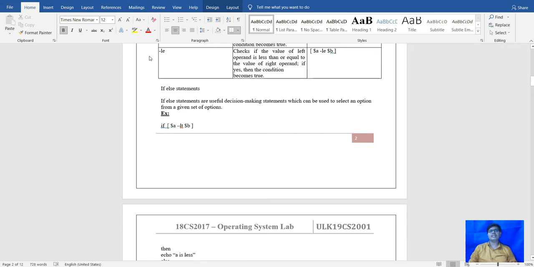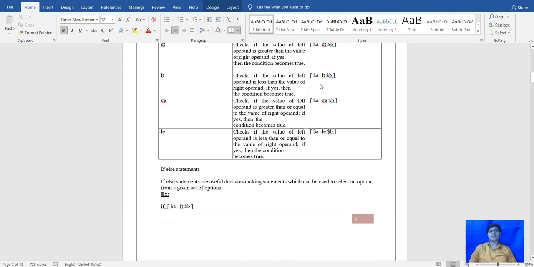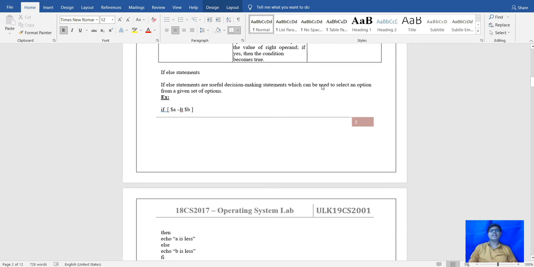After that, moving to the next condition, that is hyphen le. If the value of the left operand is less than or equal to the value of the right, then the condition becomes true, else false. So these are the conditions that are used in the relational operators. After that, the condition statements, that is the if else condition.